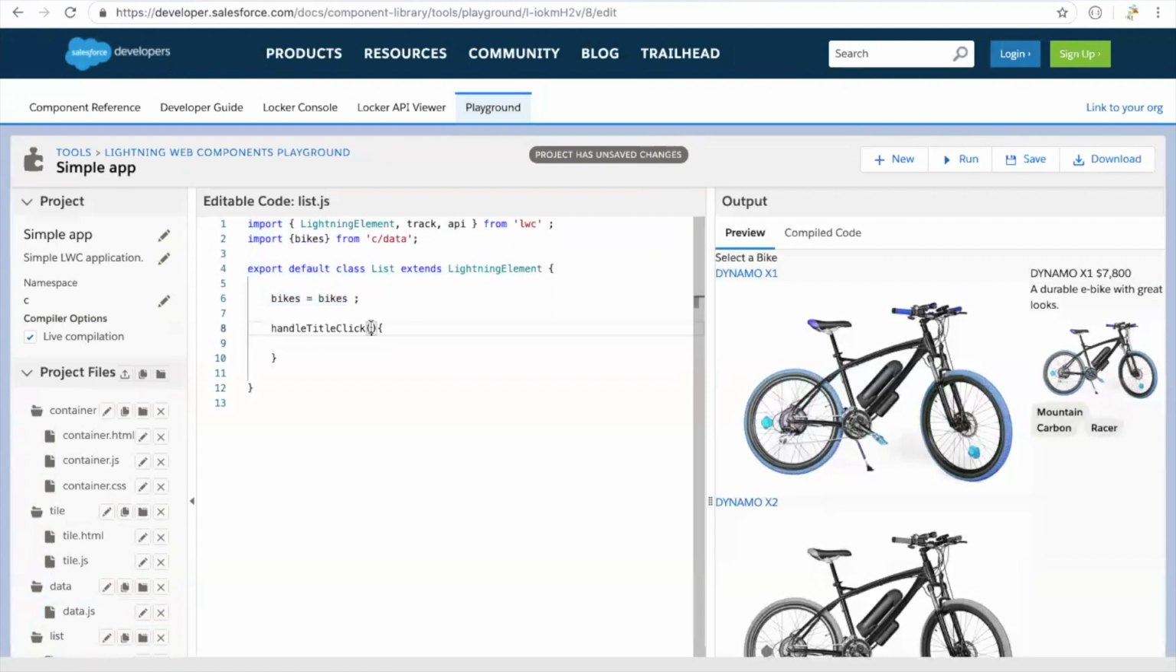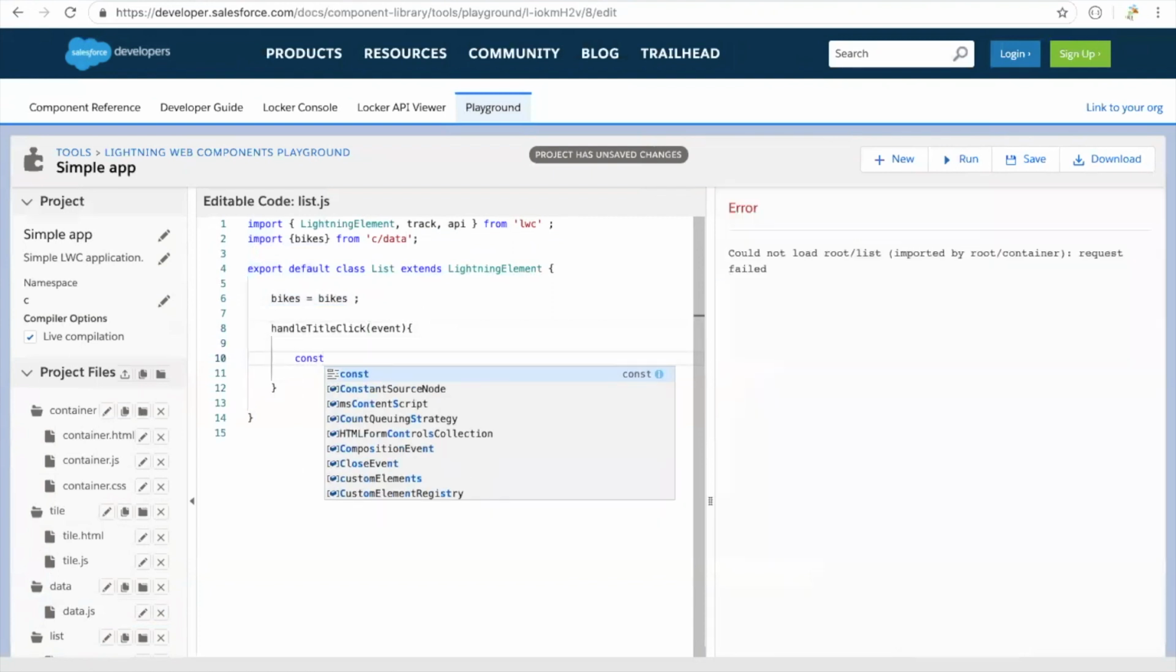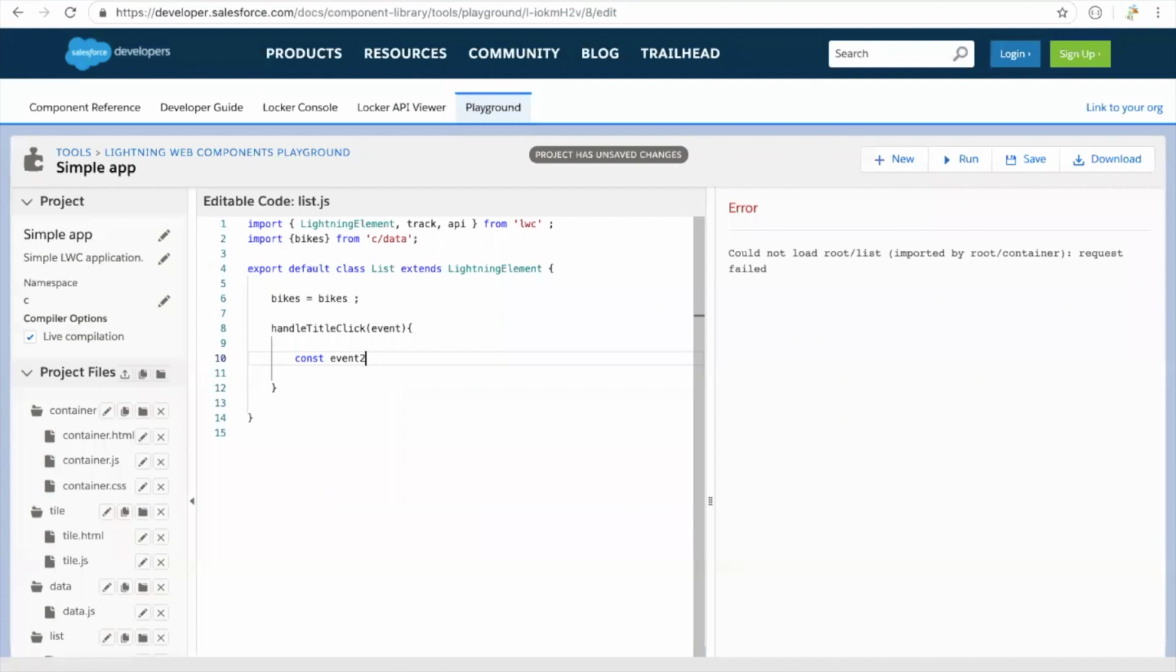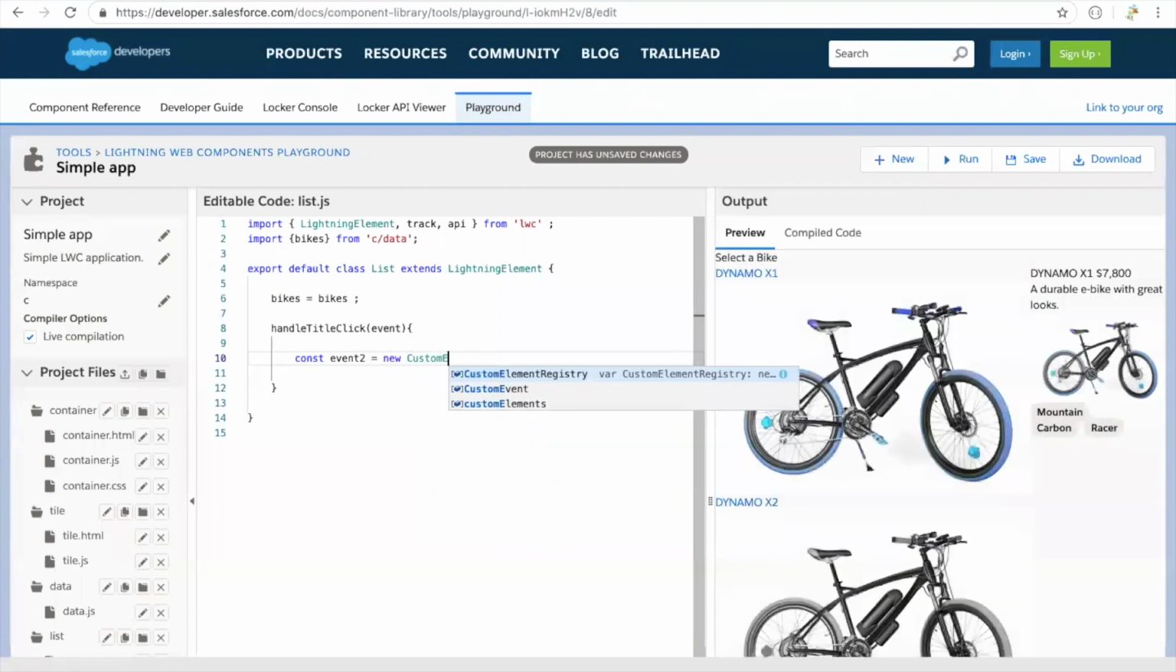Now I'm going to get an event. So let's keep an event. Now what I'm going to do is propagate this event. So I will create one new event on the basis of this event, exactly like we did. So I will say constant, let's say event2, and I will say new custom event,